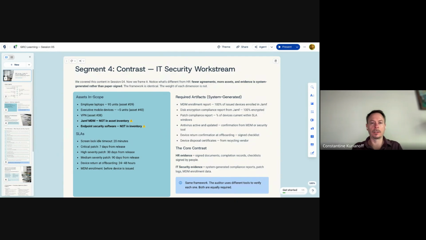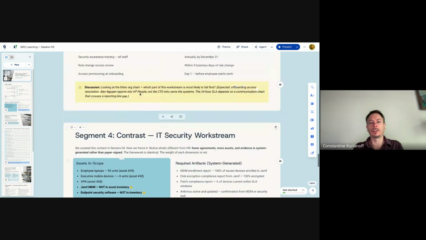It is given here as an example because it is a bit different than HR. HR is all about people. IT security is all about devices and technology, access control and other things. But the same question stands: how can GRC efficiently establish governance across these work streams and make sure that everything is done to the principles, and through the principles satisfies the requirements of the particular compliance controls?